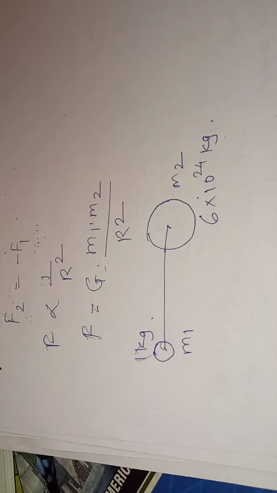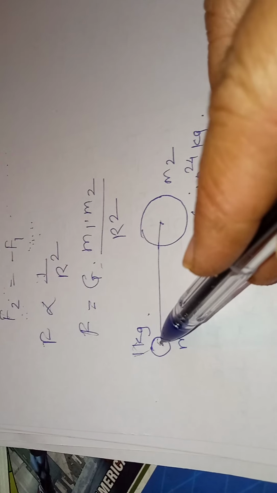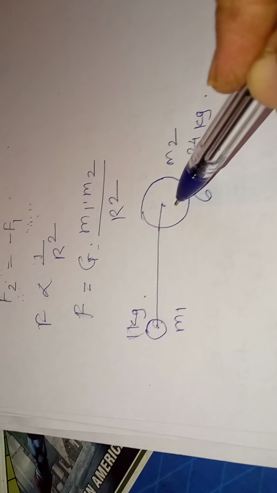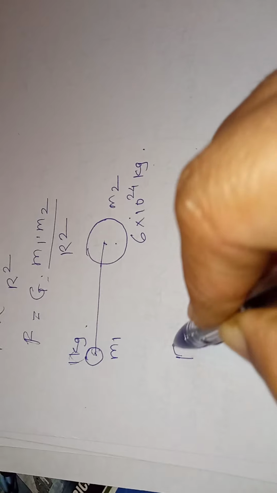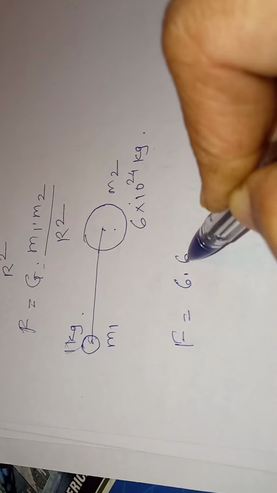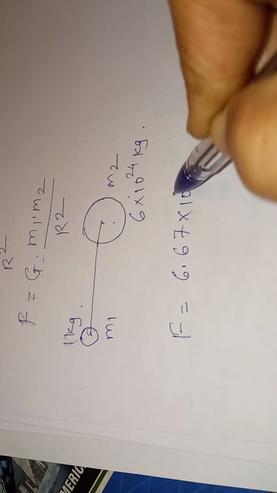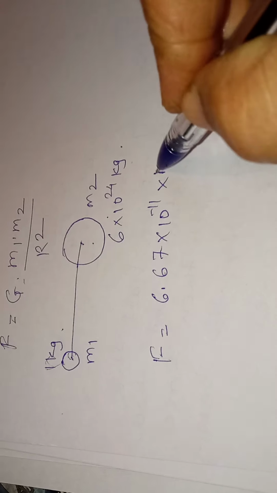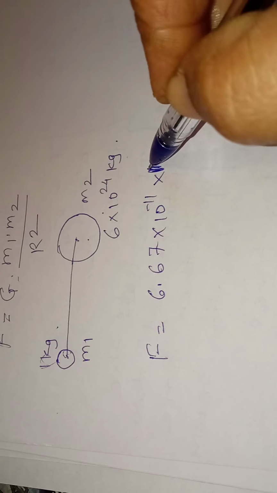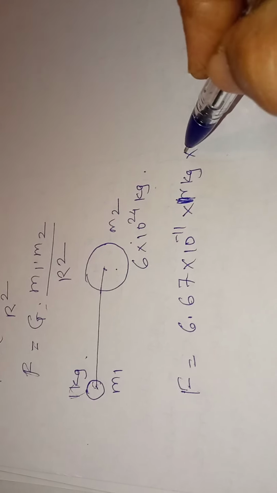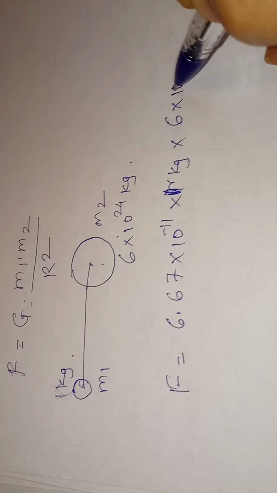Then the force of attraction between the 1 kg body and the earth we can easily find by this formula, that is F is equal to G, the value of G is 6.67 into 10 raised to minus 11. m1 means the mass of the object, which is equal to 1 kg. m2 means the mass of the earth, which is equal to 6 into 10 raised to 24,